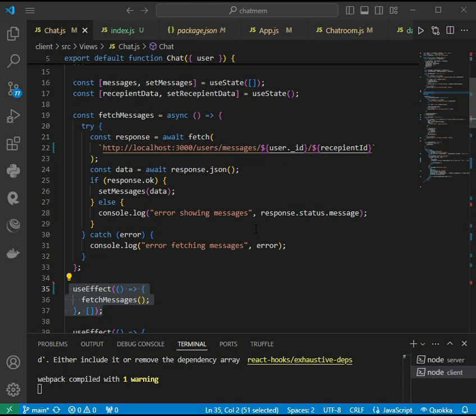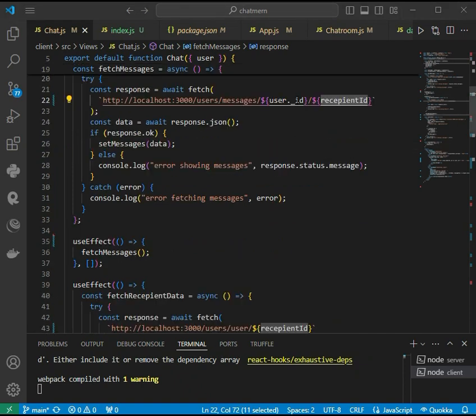So we make an asynchronous request to the backend to retrieve the chat messages between the logged in user and the recipient, and how we make the reference to each of them just by passing the user ID of the current user and the recipient ID, and how we access the ID of the current user just by applying dot notation to the user object, as long as the current object contains an ID property of the current user